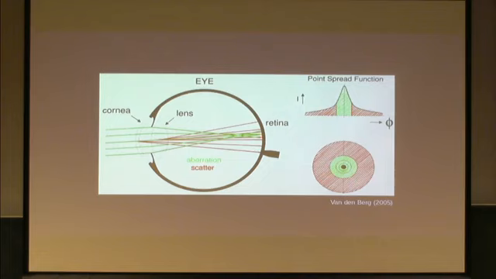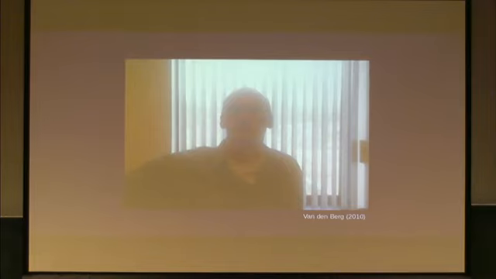And the end result is that the image formed on the retina, you can model as the incoming light passed through a point, convolved with a point spread function which has this shape. Okay? So the net effect of that is that if this is the original image, this is what you would get as retinal image. This is not what we see. What we see is something like that. This is what is captured by the photoreceptors.